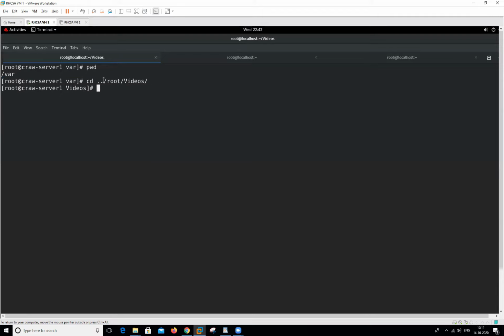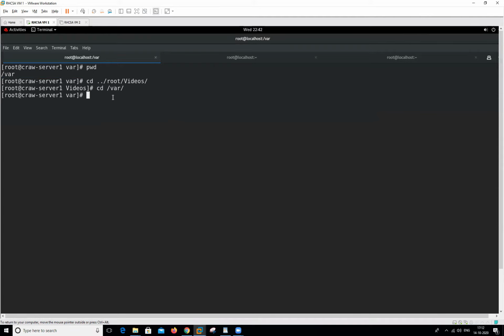In this we do not use the slash sign. So this is double dot. When the path starts with the slash sign, that is called an absolute path. The path that starts without the slash sign is called a relative path.